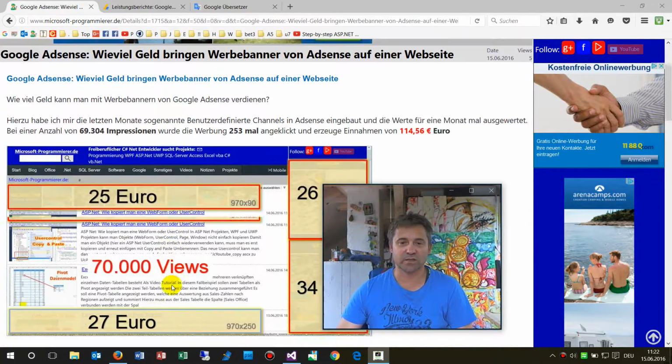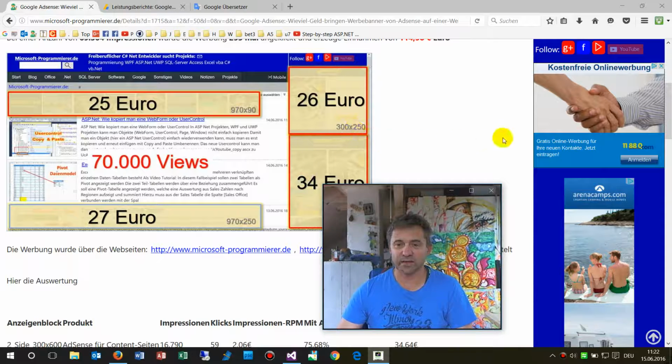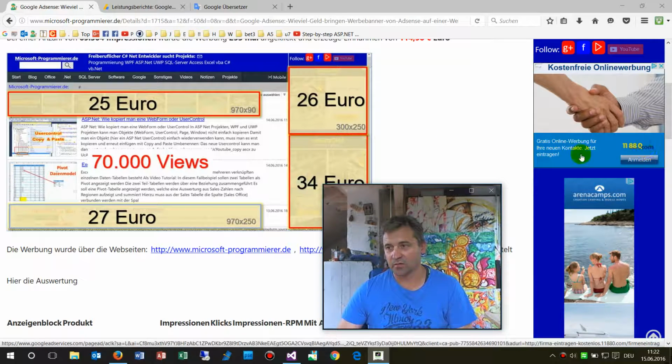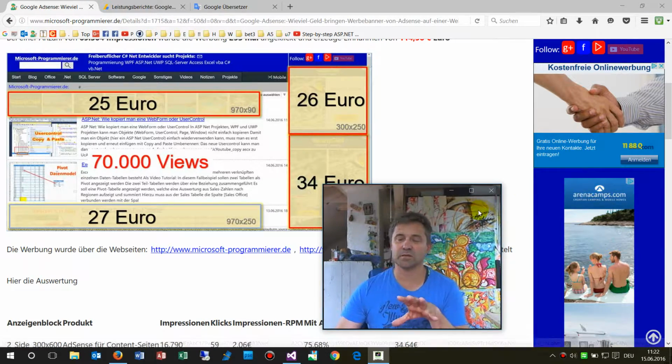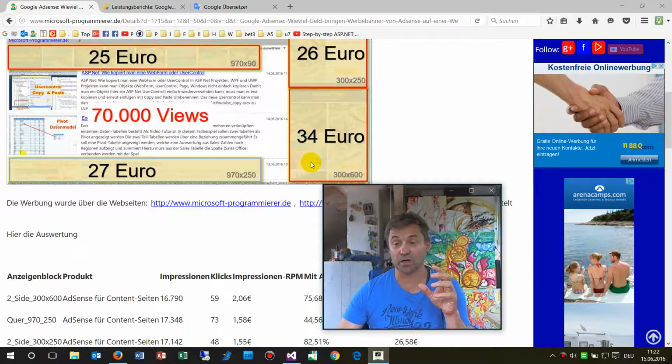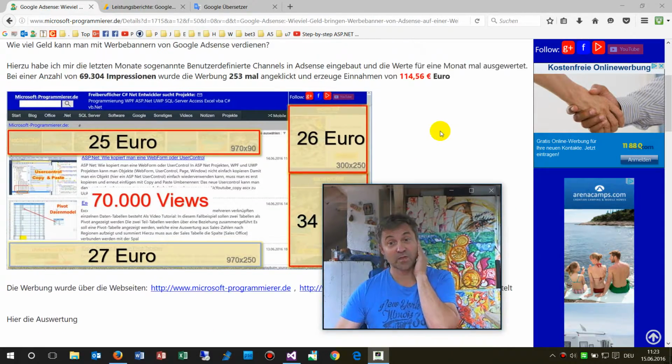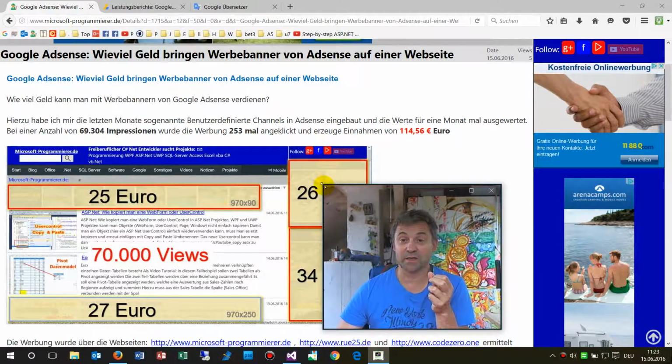This is, what did I write down there, 300x250 pixels, and this is a big block, and those make around the same amount. So this is in euro, 26 euro for 4 months, and 34 euro. This is nearly nothing.